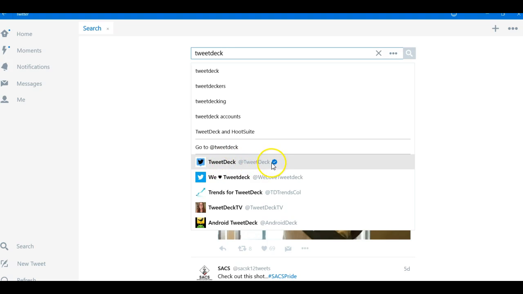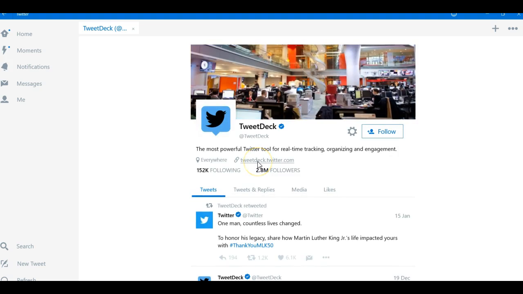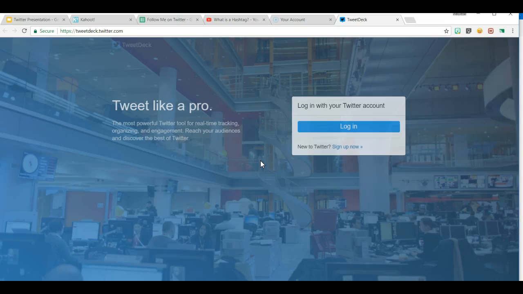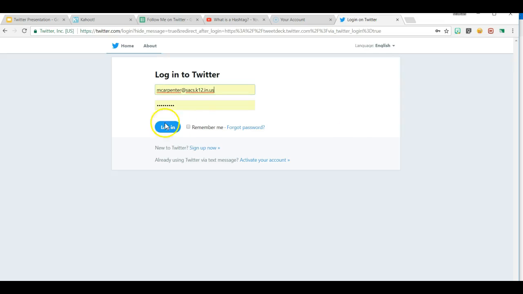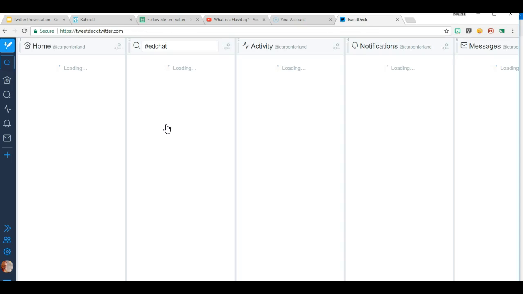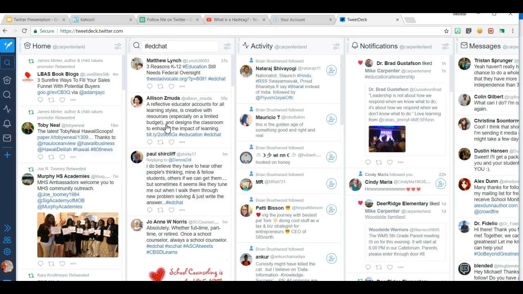I'm going to go to this. It's the verified account. That's what this little check mark means. And then I'm going to go ahead and, just above their followers, click the link. And it's going to make my screen look very much different than what you were seeing. Oh, it's going to make me log in. And now you see this is actually the same Twitter account, but it looks much more